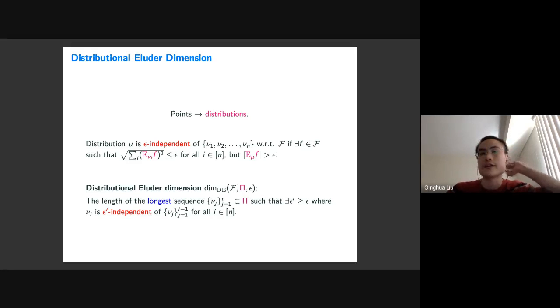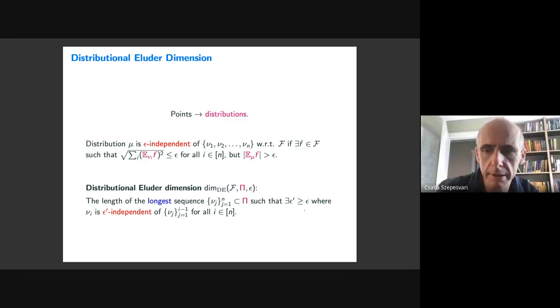Okay, so we can imagine if we choose this pi to contain all the pointwise distributions over SA, this definition goes back to the original definition of eluder dimension. But the key point here is we will allow this distribution family pi to be something else that does not necessarily contain all the pointwise distributions. And this advantage will become clear after we apply this definition to the reinforcement learning setting. Because we know in reinforcement learning, we cannot just visit any state action pair we want with probability 1.